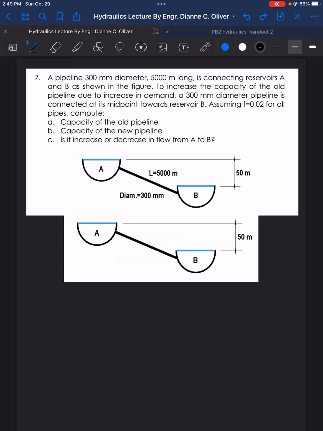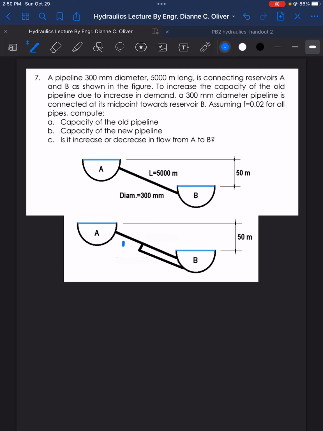So to increase the capacity, a 300 mm diameter pipeline is connected at its midpoint, towards reservoir B. So that means there's another connection towards reservoir B. There is the new pipeline. Therefore,